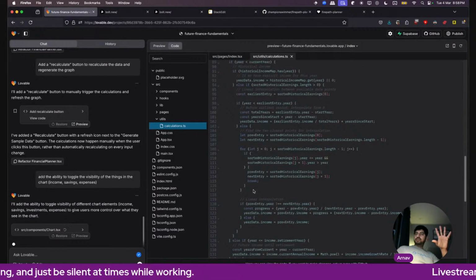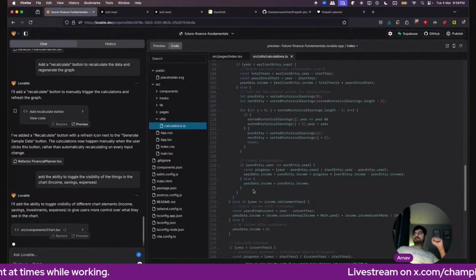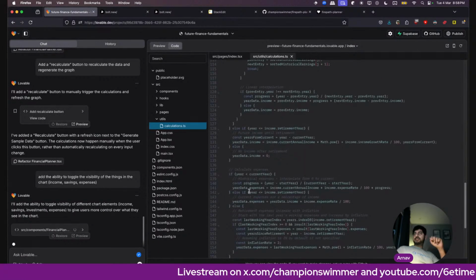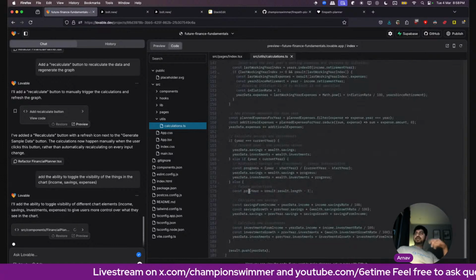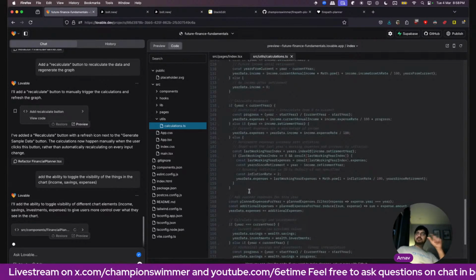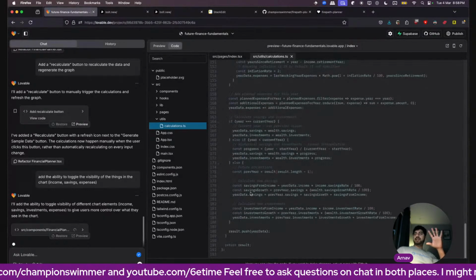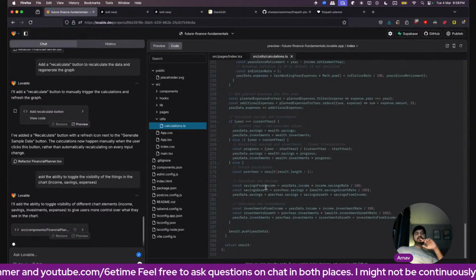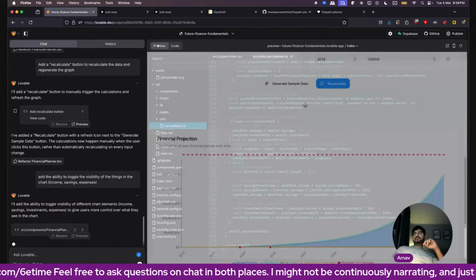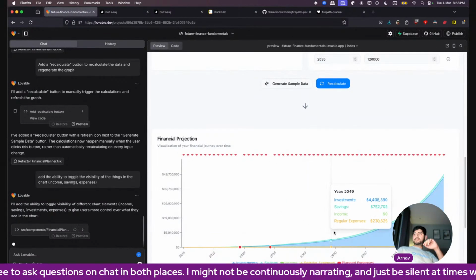It's a bit verbose code, to be very honest. And it's probably easier to generate function by function rather than generating the whole files like this in most of those cases. But yeah.